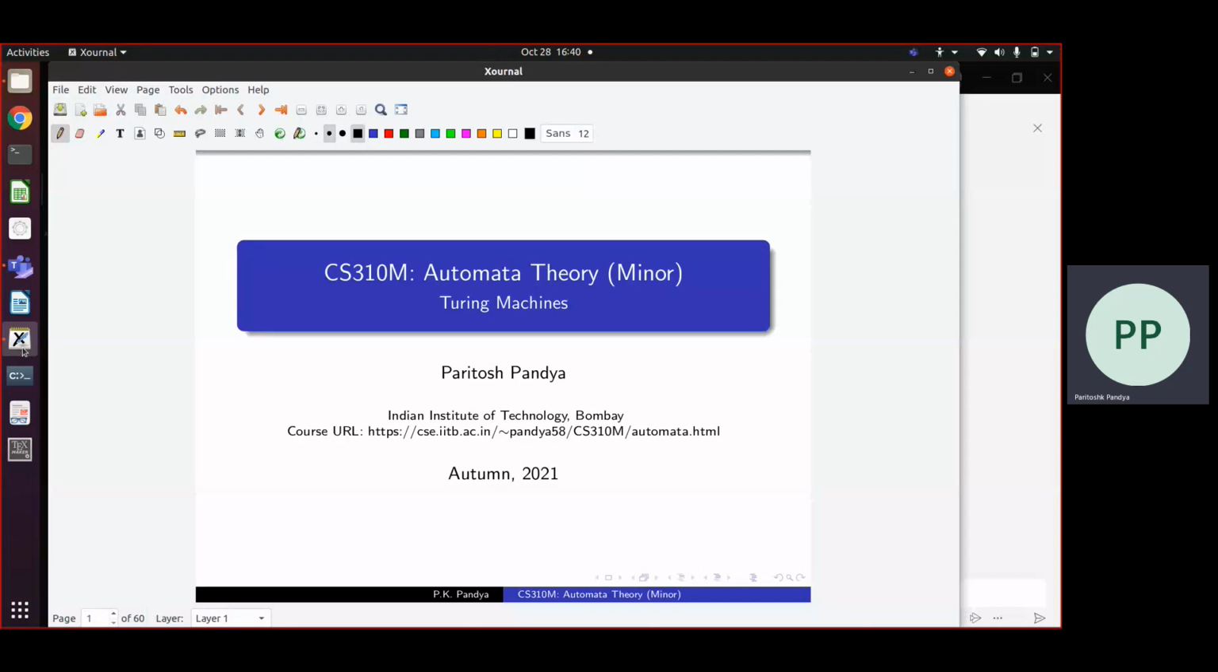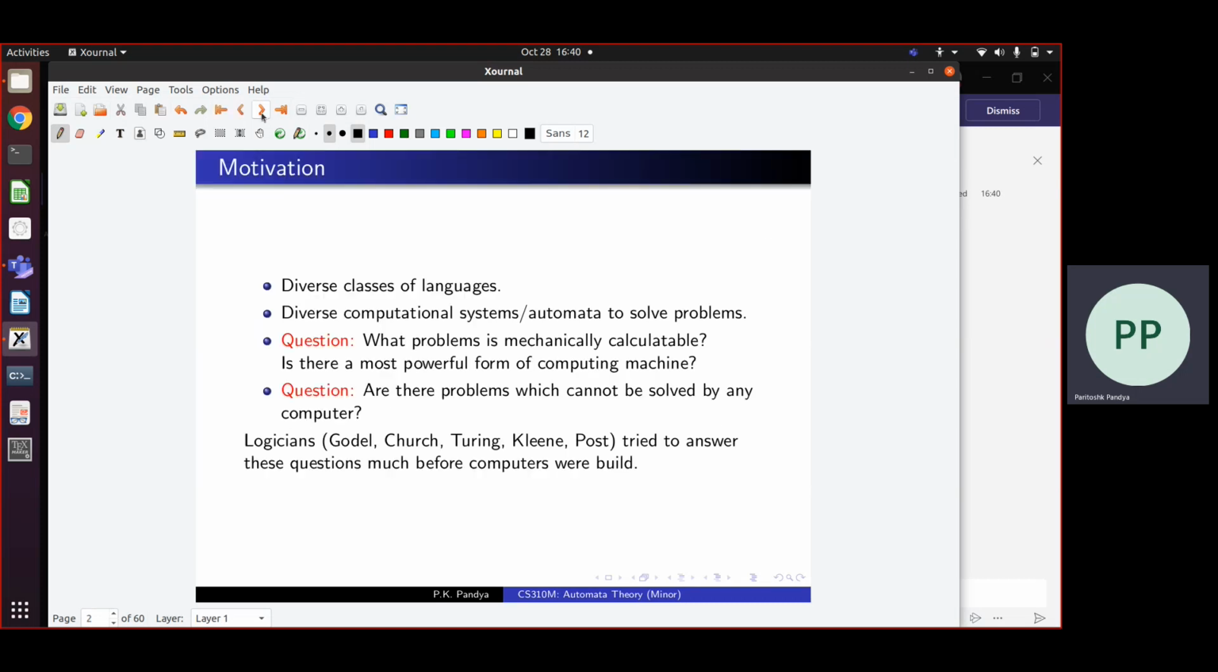Okay, so in the last class we started looking at Turing machines, and today we will complete the description of what Turing machines are and how they work, and we'll take several examples of solving problems using Turing machines, recognizing languages using Turing machines. Now,